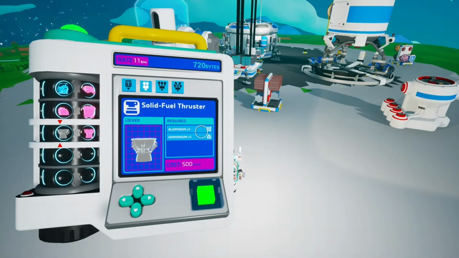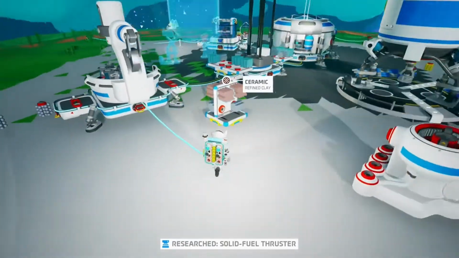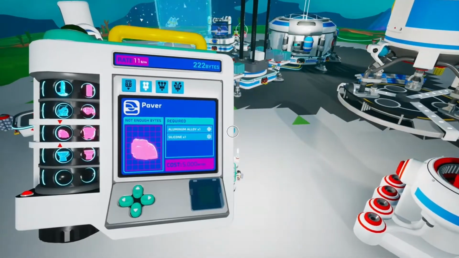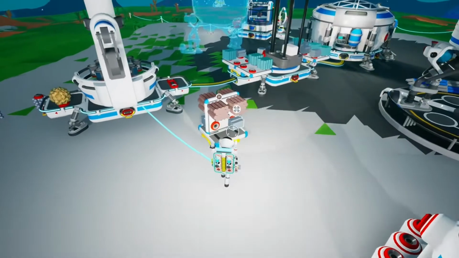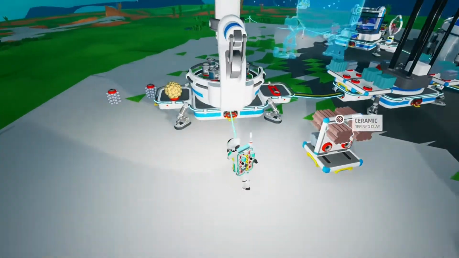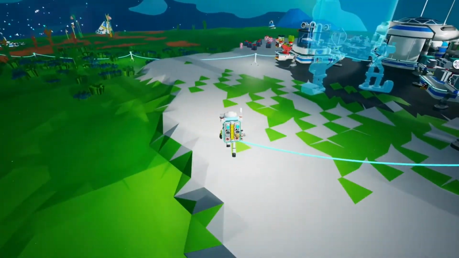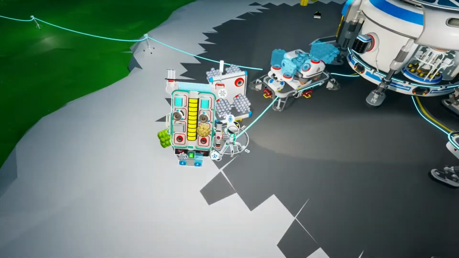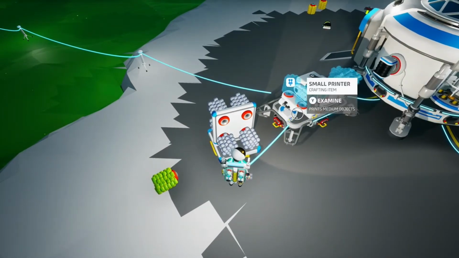We haven't unlocked it yet. But we have the bytes to unlock it. Let's go ahead and unlock that. And we have the ability to make it. Should be ammonium and aluminum. So we can make our first one. And as soon as we have dirt, we are able to make our second one. So we'll go ahead and make our first one now. And go down and work on